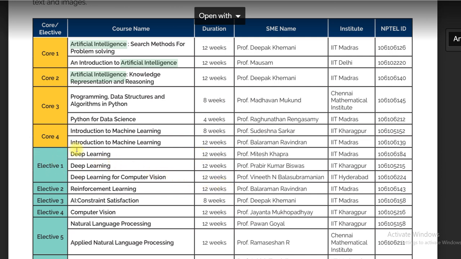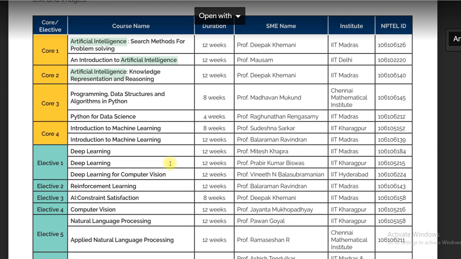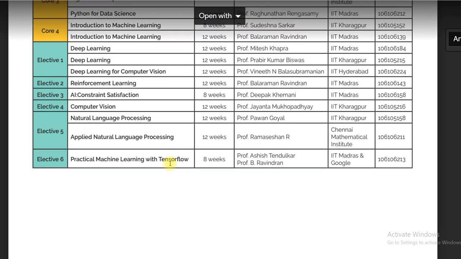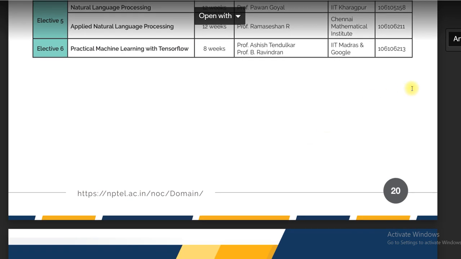Even here, guys, if you do this deep learning and this deep learning with computer vision, that is not 2 electives, that is a single elective, because it is mentioned as 1 elective. Out of 3 you have to do any one, or you can do many, but only any one will be counted here. And for elective 2, you check that particular box, and from that you have to pick one. Okay. I hope I am clear and you are smart enough to understand and catch up if I am missing any information.